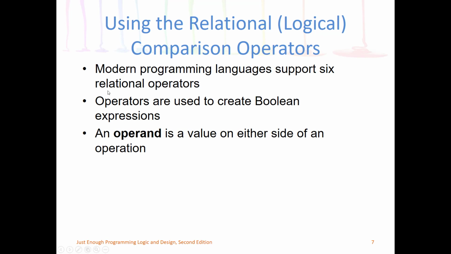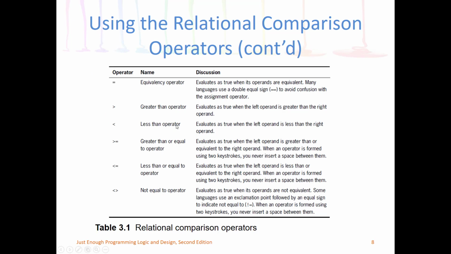Modern programming languages support 6 relational operators, okay? These are, let me go to the next page. Equal, test for equivalency, greater than, less than, greater than or equal to, less than or equal to, not equal to. This one, you can phrase it a different way. You have to think in terms of a double negative sometimes when you use this. There are some things that use it, like for example, in ASP.NET, which is a Visual Studio Microsoft product,